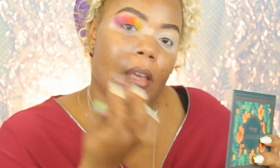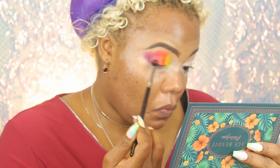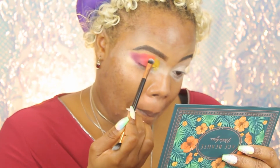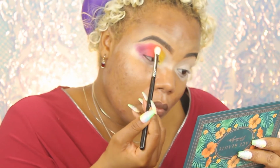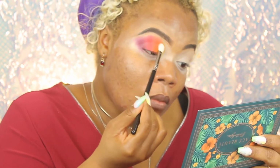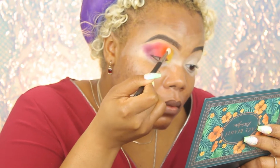All right, so now we have all the colors down. Now I'm going to go in between with each of the shades and blend them together. All right, so this is the blend so far. Now what I'm going to do is